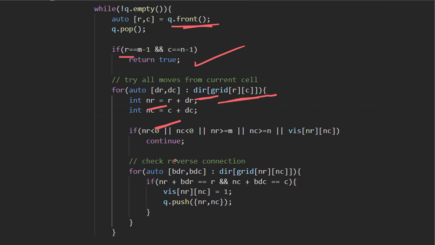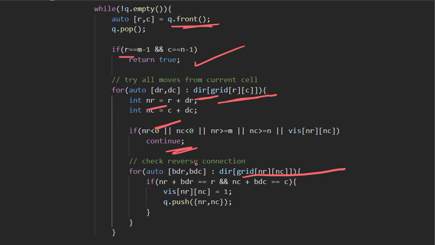Then we do continue. Else we check whether the reverse connection is there or not. So for reverse connection, we find the direction of the new row and new column, and then check whether using that direction we can go to our current cell, that is r comma c, or not, right?